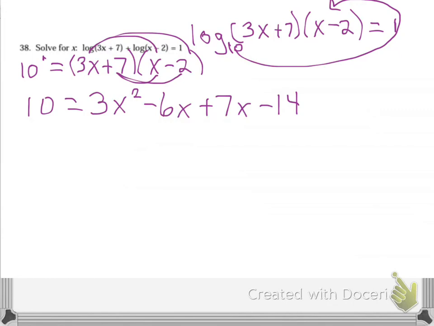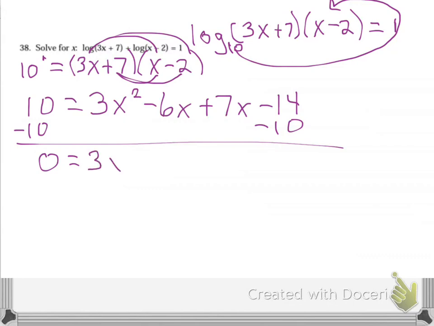Couple of things I'm going to do here. I'm going to combine like terms, and I'm going to subtract this 10 because this is a quadratic. It's raised to the second power. I can't solve it unless it's set equal to 0. When I combine these two, I get plus x, and negative 14 minus 10 is negative 24. So I have to solve it. A is not 1. I really don't want to deal with factoring, so I'm going to use the quadratic formula,